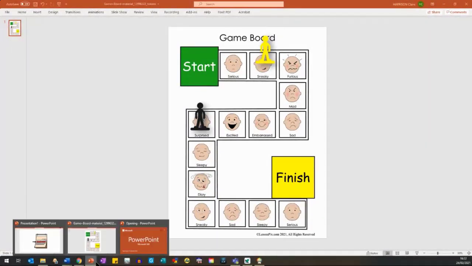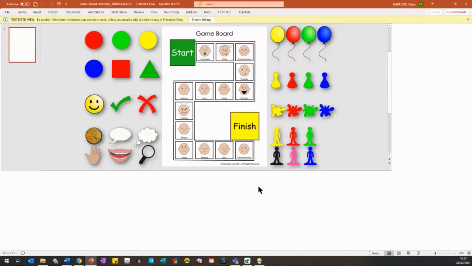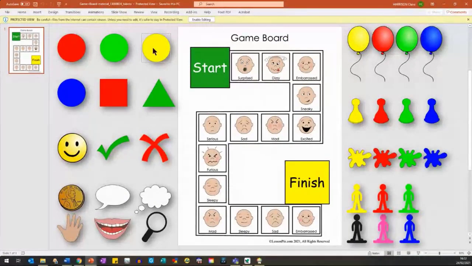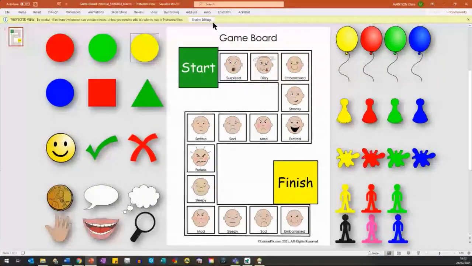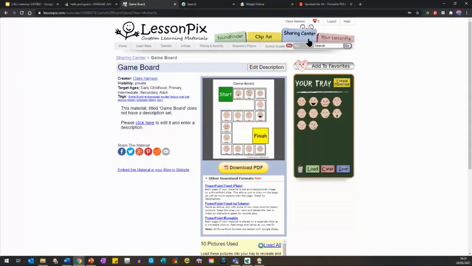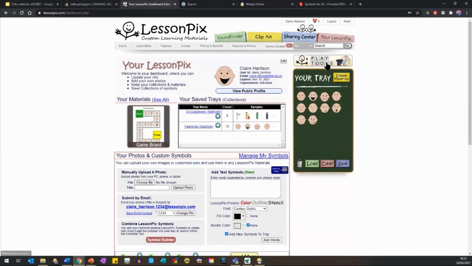I've confused PowerPoint because I'm trying to open 2 things at the same time. So we'll give it a wee second. But one of the other tools that it has, there we go, that's the blank one. So you can delete all of these, you can move them around, and you can use it essentially as a game board. But if I go back to Lessonpix, scroll up to your Lessonpix and click on the Lessonpix play tools, it's going to open up a wee pop-up,